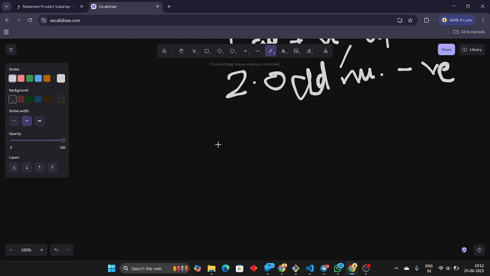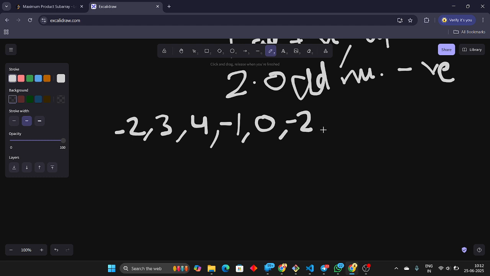Let me take a big test case that will explain much better: -2, 3, 4, -1, 0, -2, 3, 1. So here you can say that there are an odd number of negative integers. So we will always get